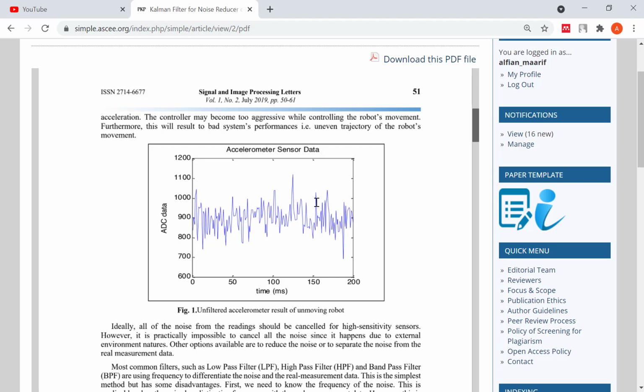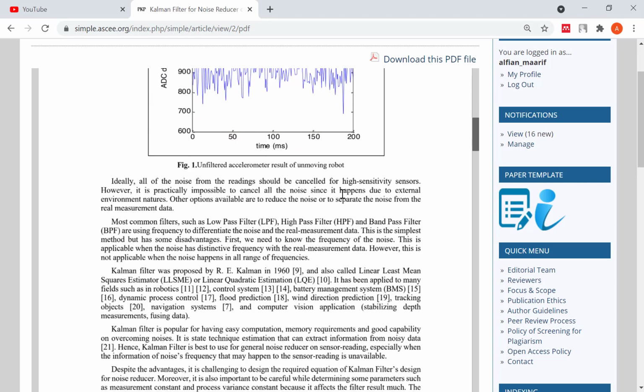Many sensors have high sensitivity, and then they have more noise and also disturbance. If we use this data from the sensor without the filter, for example, the robot will give a sensitive movement, so it is not good for the robot and also other systems.